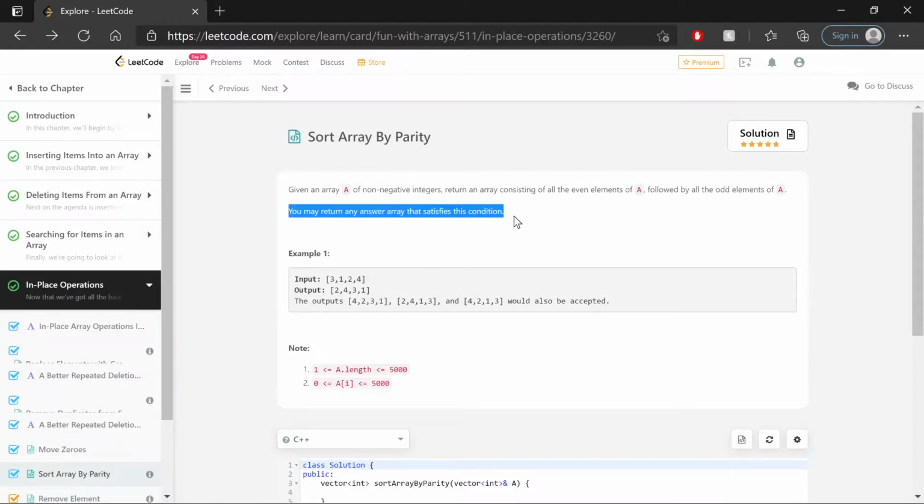And considering this statement, this array we would be happy with, and all of these others. We don't care what specific order the even numbers are in within themselves and all the odd numbers are in within themselves, as long as we get all the evens first and then all the odds, and that partition exists, we're happy. Now note, even though this problem doesn't specifically say so, because it's in the in-place operation section,